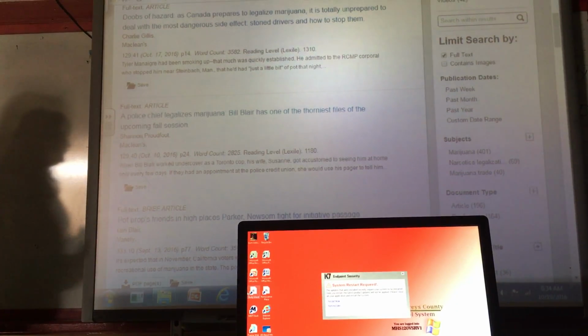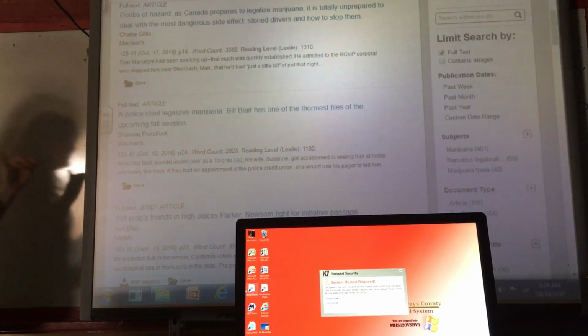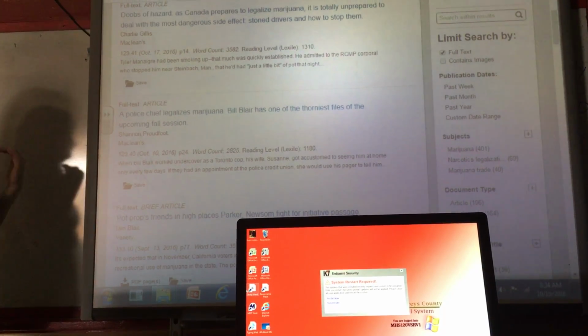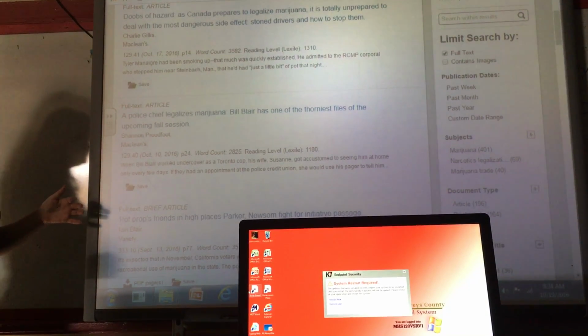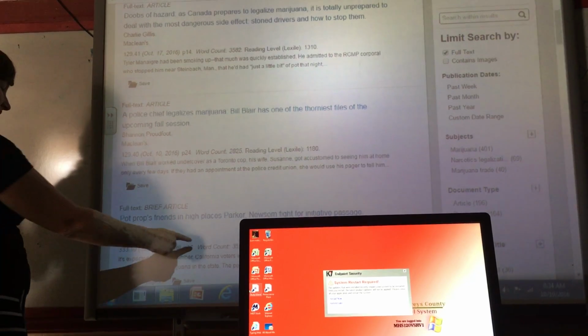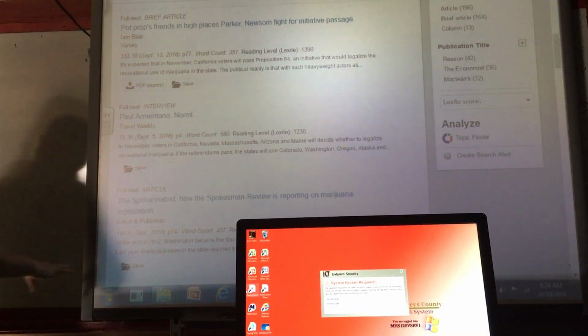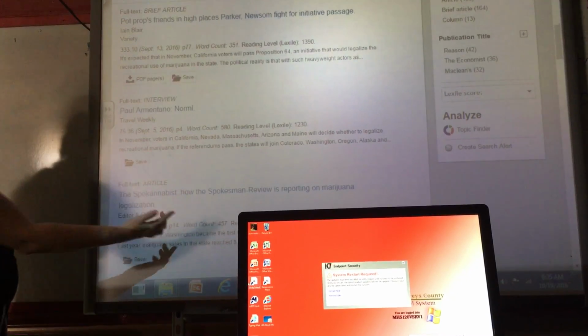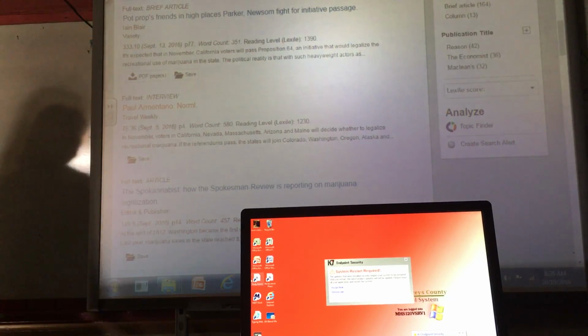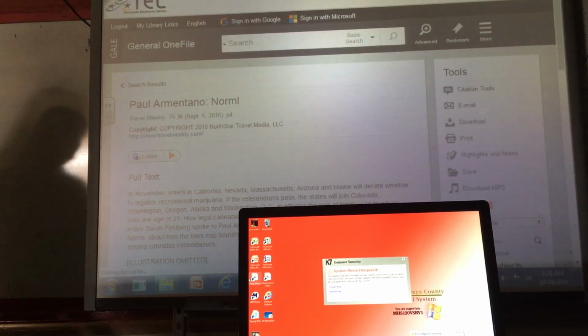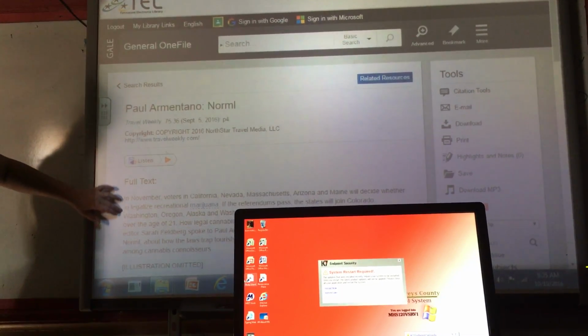Any article that comes up in this section will be fine for you to use for your research paper. So let's say we want to use this one from Travel Weekly. Why not? We click on it. It gives us the full text here.